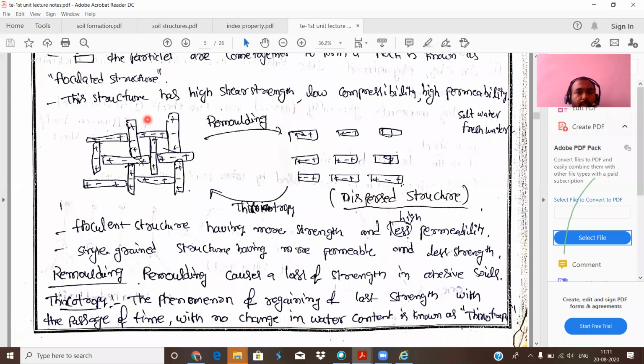in the rainy season, water is present in these particles. After the summer season, the water evaporates, or may be transferred to other places. So therefore there is loss of strength, or maybe due to high pressure acting on top of the soil, the shape automatically changes. So in this manner the loss of strength happens in the soil. So remolding causes a loss of strength in cohesive soils. Next one, thixotropy. After again coming from summer season to rainy season, and if any soil having the overburden pressure is removed after a